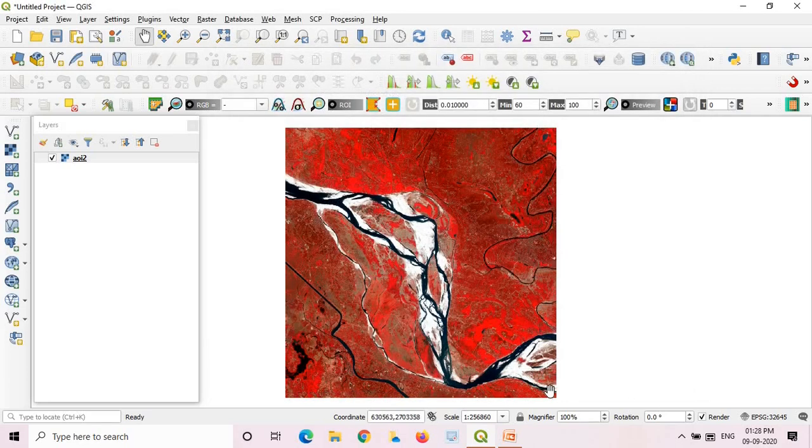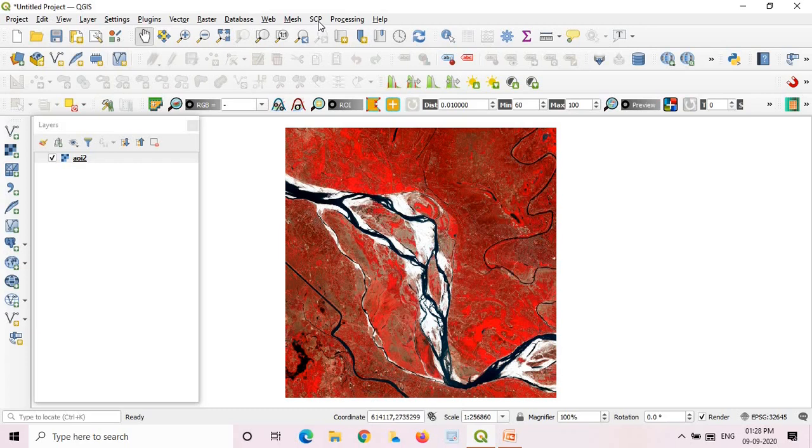So this is the standard false color composite of the area of interest that I prepared in my last lecture, and I am going to perform unsupervised classification on this image. I need the Semi-Automatic Classification plugin for it, which I have already installed and demonstrated in my last lecture.